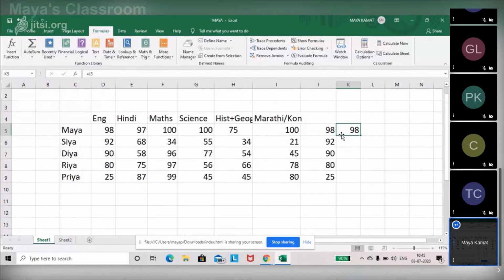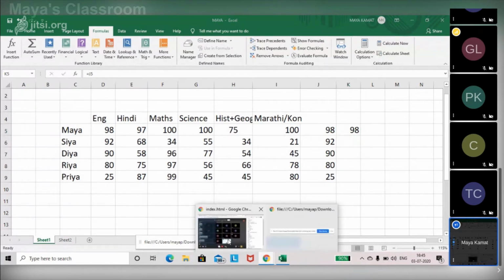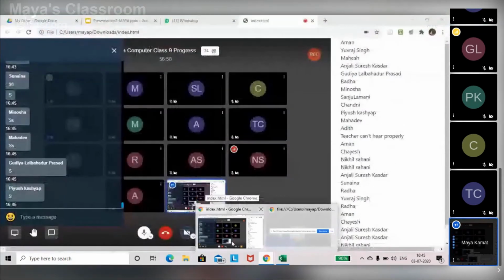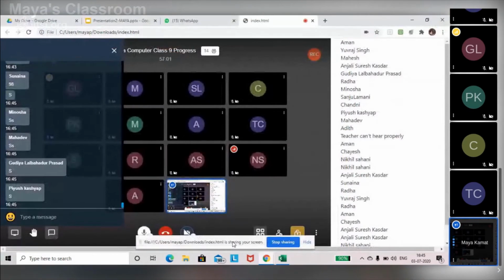So it is the same, right? Are you all understanding it so far? In J5, I have got data relative to D5. So whatever data was here, I have copied it in J5. Similarly in K5. So this is relative. So far, am I clear on this? Relative to the cells, the data will be copied.